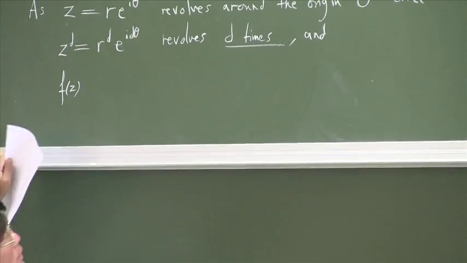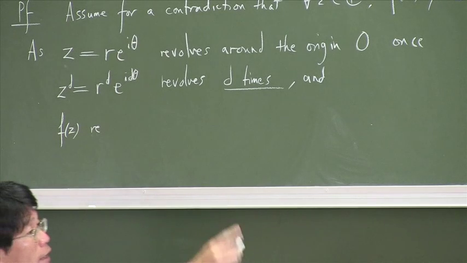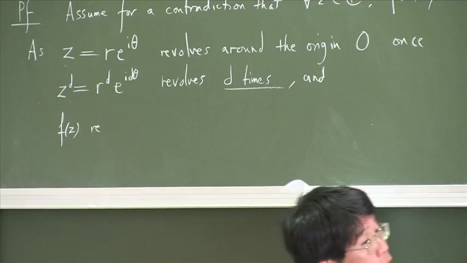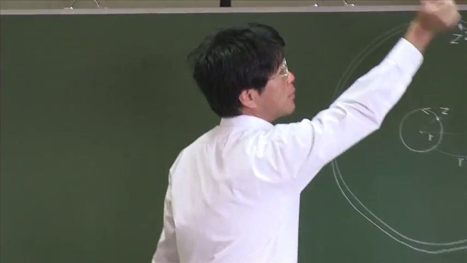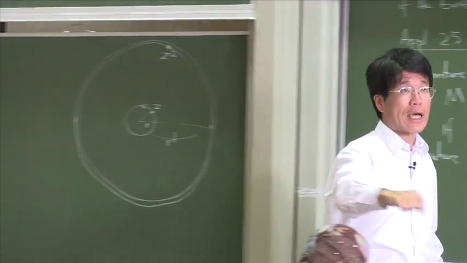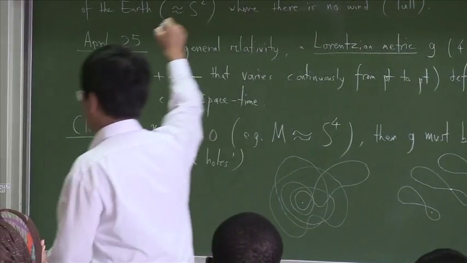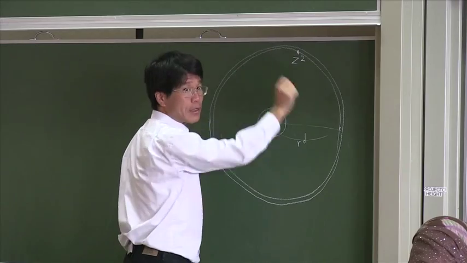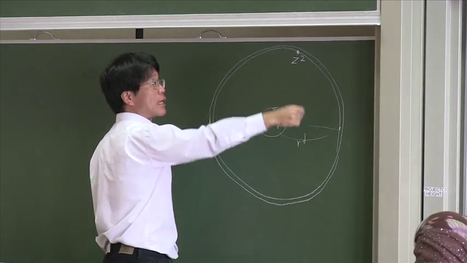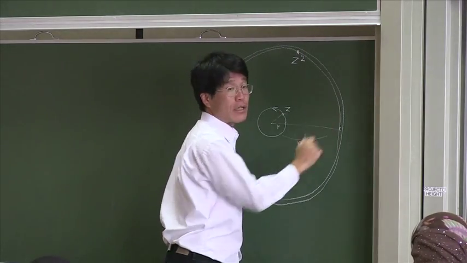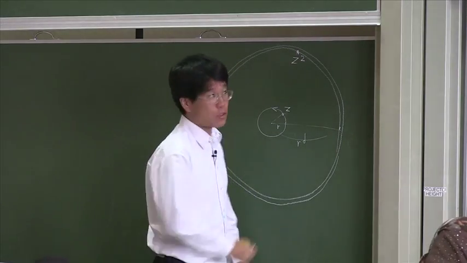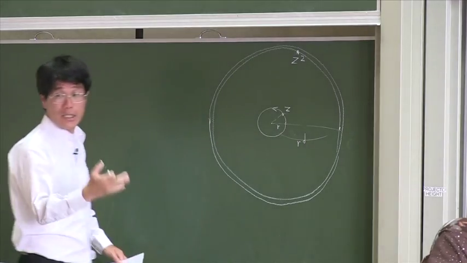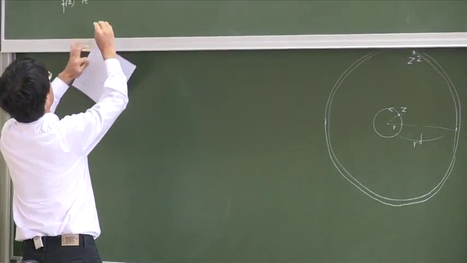So I don't know what it does, but anyway, it's going to go around the origin a number of times. Okay? I don't know what f of z does while z goes around once. It goes somewhere, goes on a hike up the Muizenberg mountain, and then comes back, and then goes back to bed, and then comes to class, and who knows? I mean, it goes. But when z completes the turn, f of z returns to where it started. Okay, so it draws a curve, which closes up a loop, so it goes around the origin a certain number of times. So it revolves